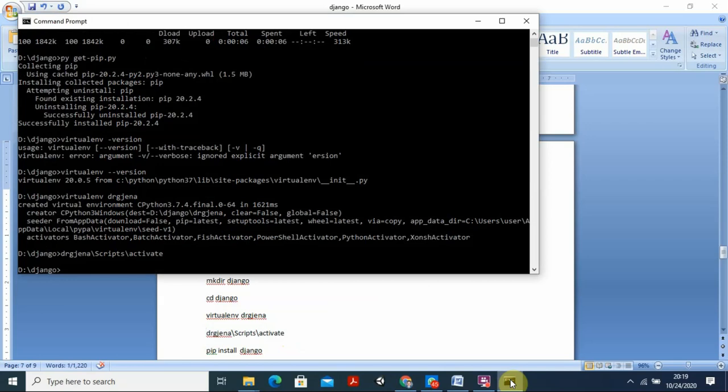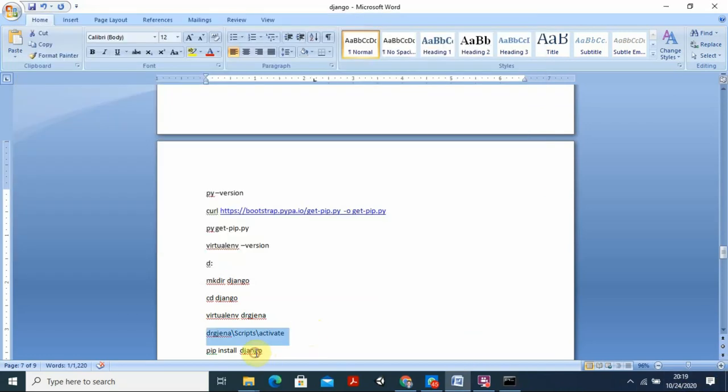Okay. Now it is high time for installing the pip installations. For installing Django, what you need to do? Pip install Django, right? So here also it is there. You can see pip install Django is there. Yeah, because you have to install in this virtual environment. That is a better thing for you.